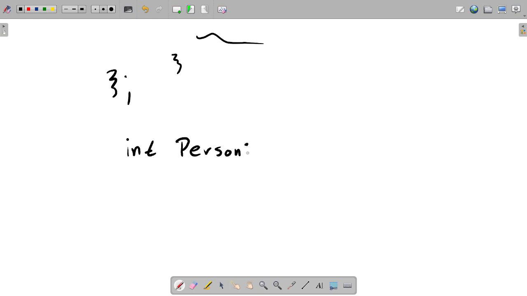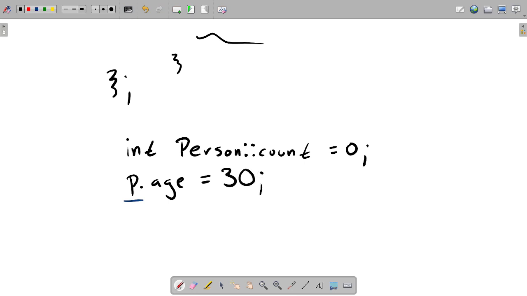These are a little bit strange in C++. We talked about, let's use the constexpr keyword. You have to do something like this, where you say int count equals 0. Whereas if I wanted to access the age of a specific person, I have to have the person whose age I want to talk about, right? I can't just say person age, because whose age am I talking about? Am I talking about John's? Am I talking about Jane's? Am I talking about a mysterious third person, right? You can't know that. So for static variables, you simply say the class name, colon, colon, and then the variable, whereas